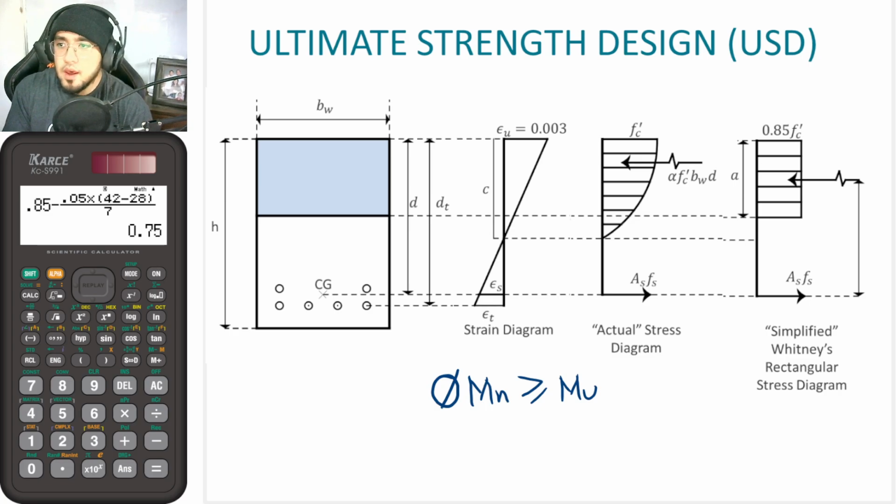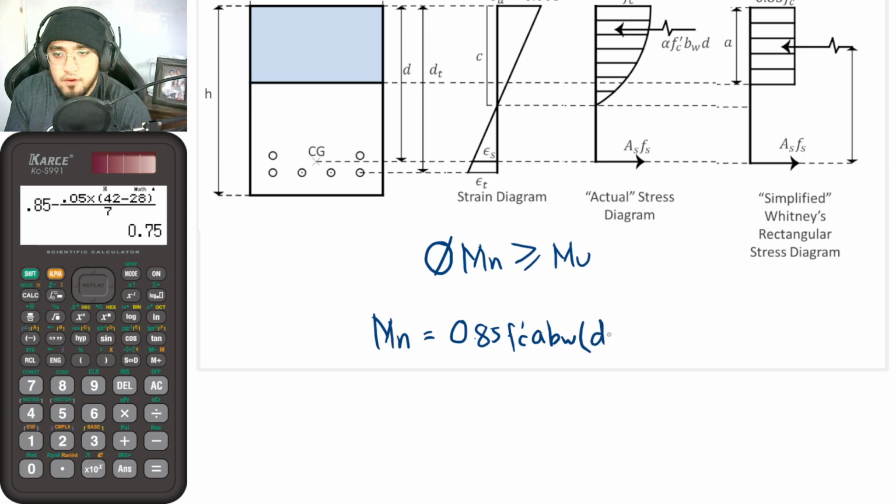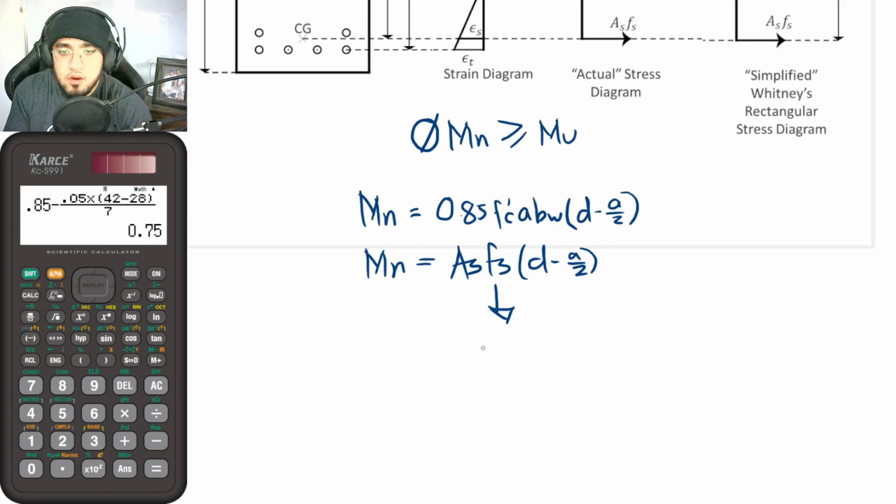Okay, so previously we have already derived the formulas needed for the value of Mn. As a recap, Mn, or the nominal strength, can be solved using 0.85 f'c times a times b sub w times the lever arm of d minus a over 2, or Mn can also be solved using As times Fs times d minus a over 2. Okay, so for the value of Fs, in some cases, Fs is equal to Fy if steel yields,